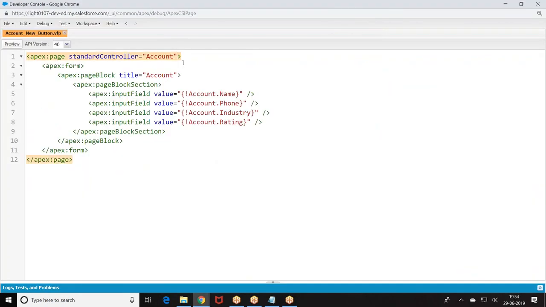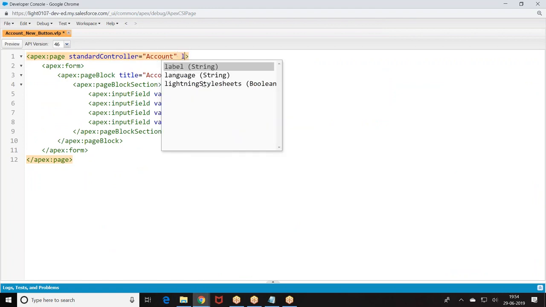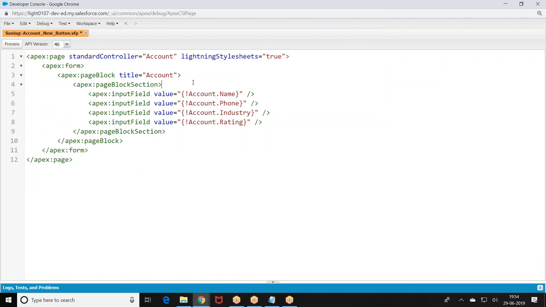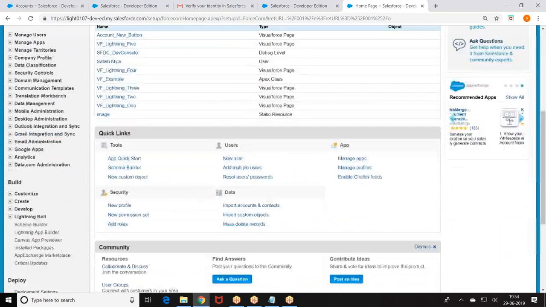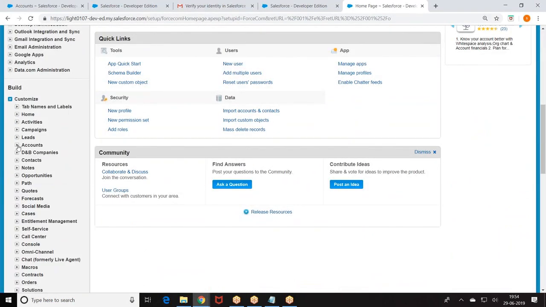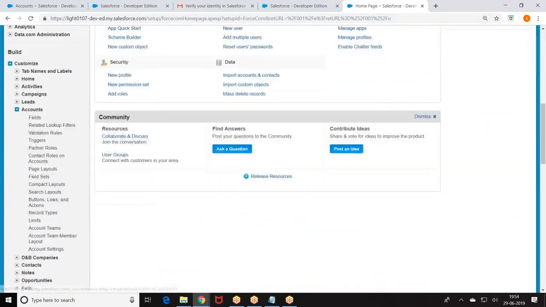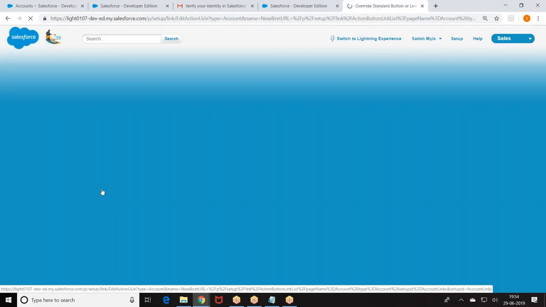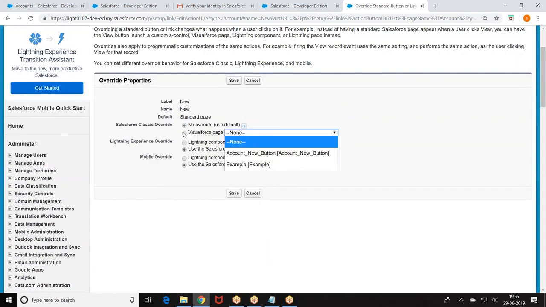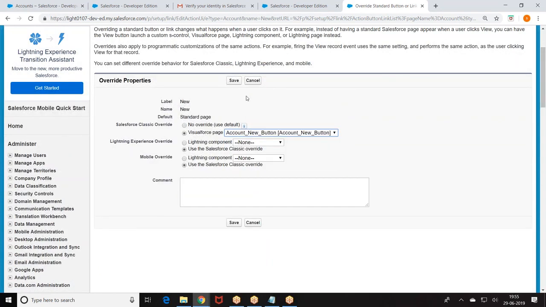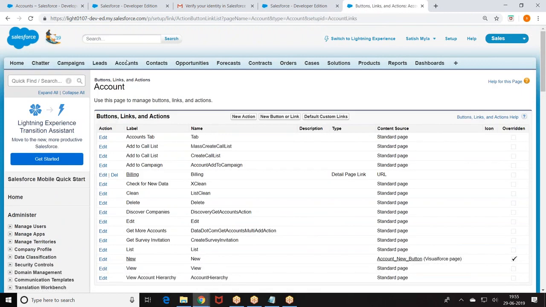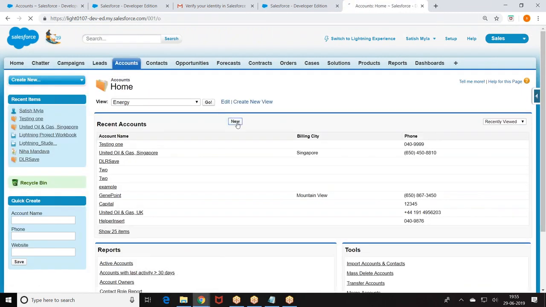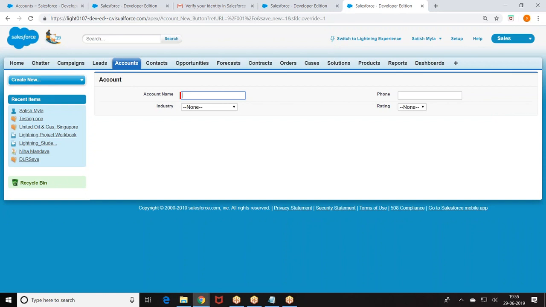So what I can give, go to the account. So when I go to account and click on new, the custom VF page opens.